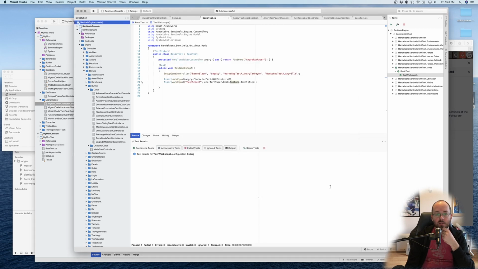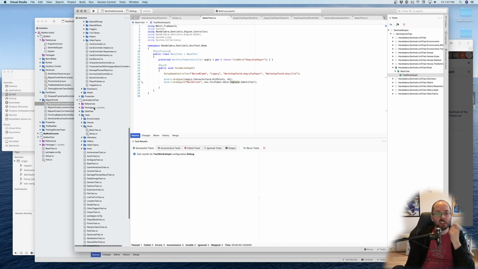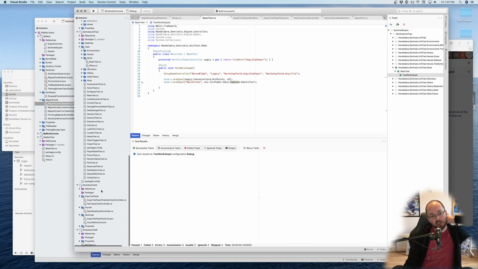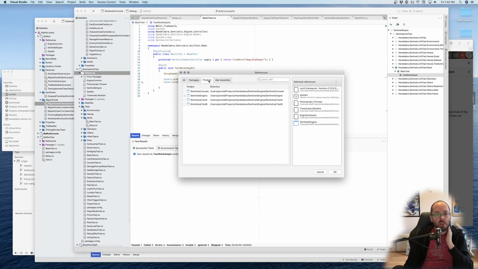Which is fine, because also the test server won't know to compile this, and it's trying to load the DLL. So I'm actually going to add references into here as well,